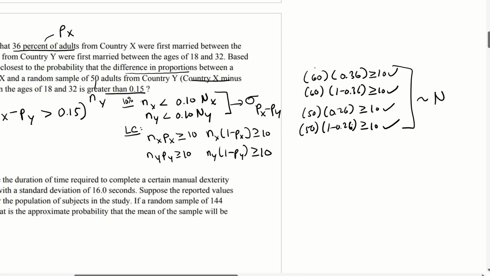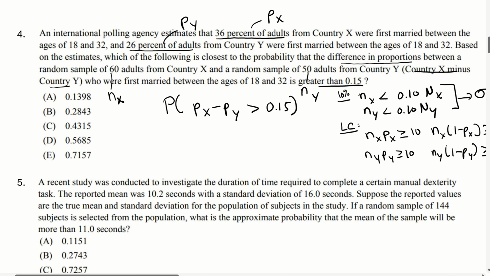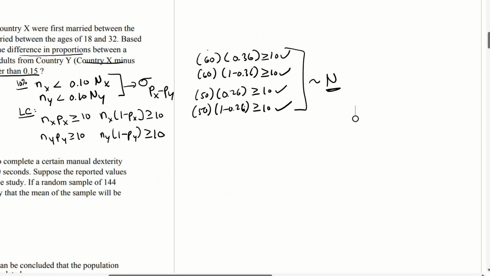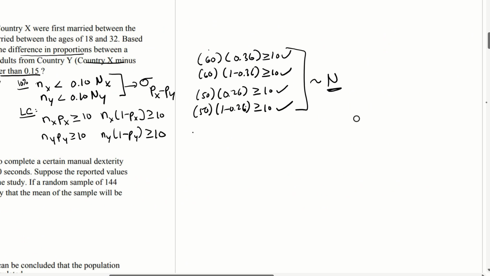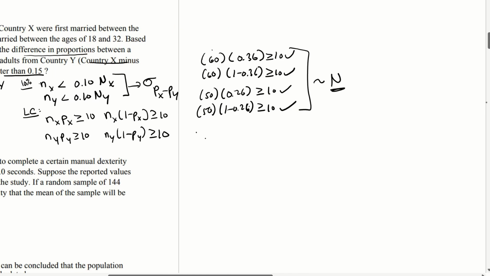It's approximately normal. Let me just write that. All right, so that means we can calculate this. So let me just do it over here. All right, so let's calculate the z-score, or let's calculate the mean. So we know that the mean of